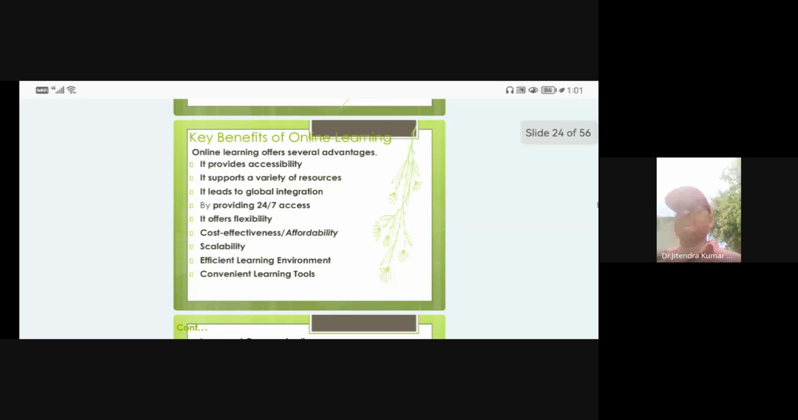Now, cost effectiveness and scalability. For example, one of the most significant advantages of online learning is that it is very cost effective. Not too much is being spent on education here, because most of the time you are saving money on your books, on your commutation, on your copies or any other sources that are needed in the traditional classroom. You're saving money for that. Okay. Next,